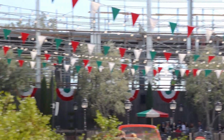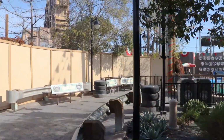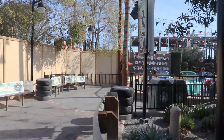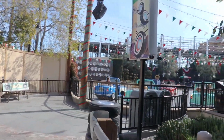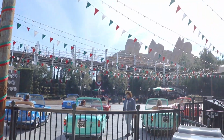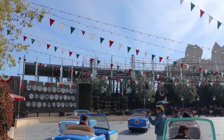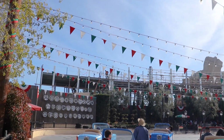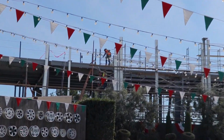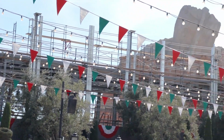I'll get a better view of it over here in the corner. Let's walk right over here. But yeah, that building just popped up out of nowhere. So it definitely would make sense. Actually, it looks fairly long. But width-wise, it's not very big at all. But it does look fairly long. This looks weird, like